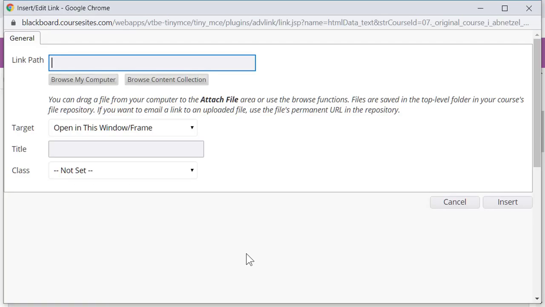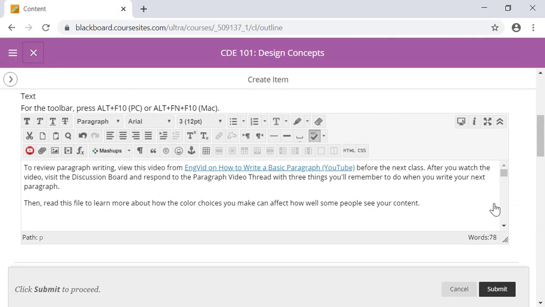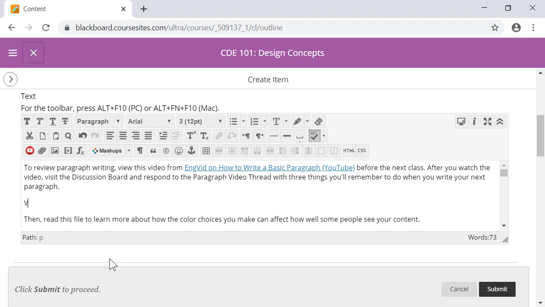A dialog box appears, and in the link path field, we'll paste the website's address. Click Insert, and this hyperlink's ready. I'll also include the website's address nearby, just in case. Next, we'll create a hyperlink to a document that's in the resources area of this course. I'll type a name for the hyperlink that briefly describes the document,